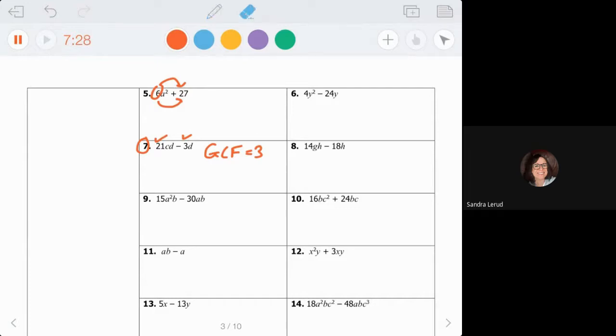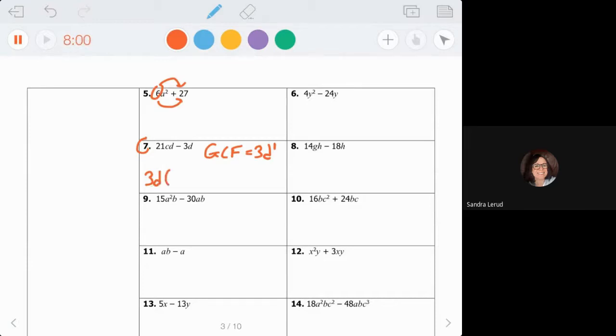Do both terms have c's in them? Nope, so they can't give me a c, but they both have d's. And what's the most that they can give me? They can each only afford to give me 1d. Even if this had been d to the 5th, they each can still only give me 1d. So you actually take the smallest number of variables out, like the smallest exponent. So let's go divide out our 3d,